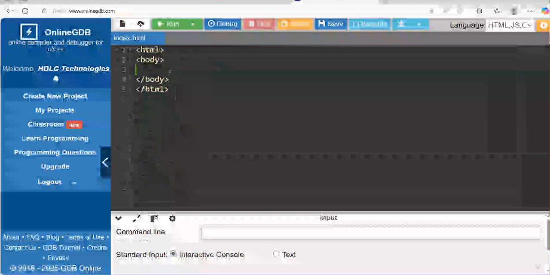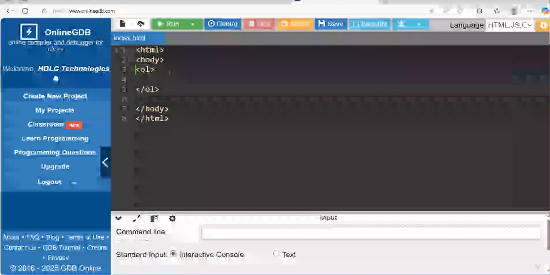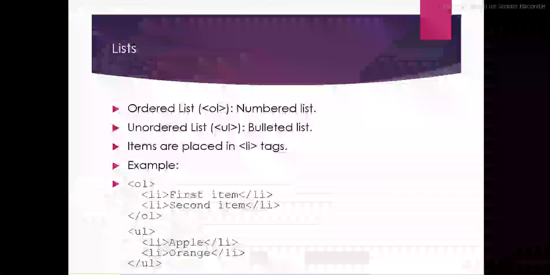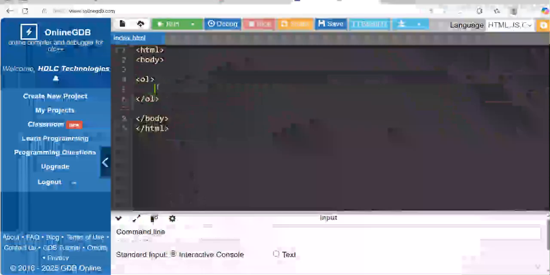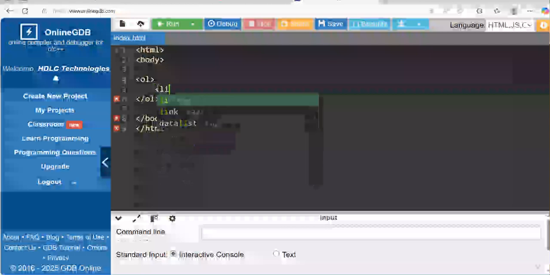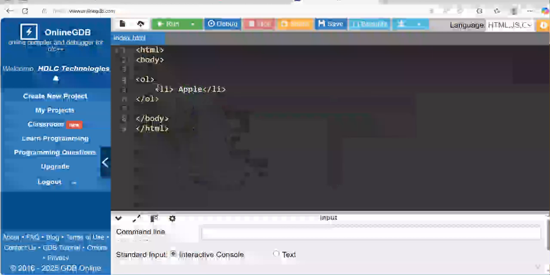For the ordered list you will have to use OL and then closing tag /OL. Now here I am going to add the items one by one inside the list. So items should be added with the tag LI. LI stands for list item. You have to give the items one by one. For example, here I can use LI. Inside this opening and closing tag you can give any items. For example, if I am going to give some fruits, apple,